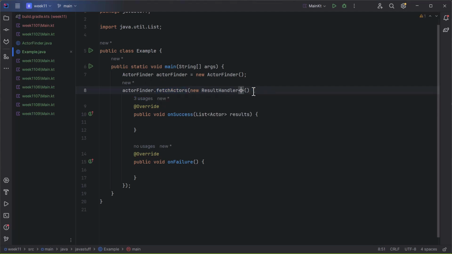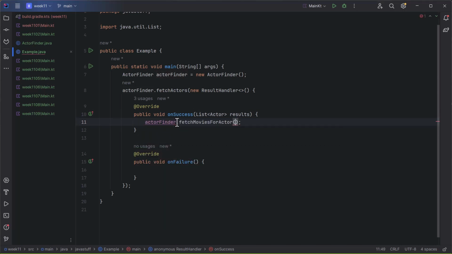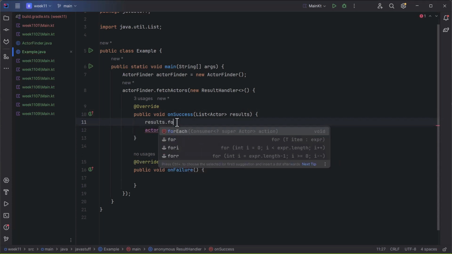So I could remove that. That's perfectly fine. I still need it here to say I have a list of actors in my results. So now what I'm going to do is, inside this success function, I have a list of actors. Great. So now let's say actor finder dot fetch movies for actor, passing in each of the actors. Well, we're going to have to walk through those. So we'll say results dot for each